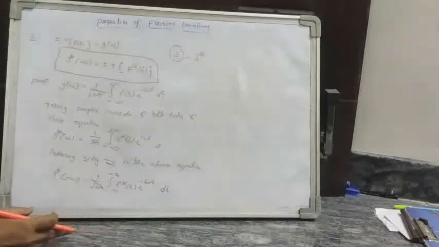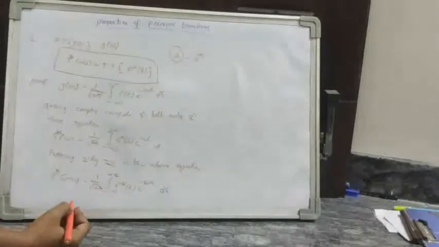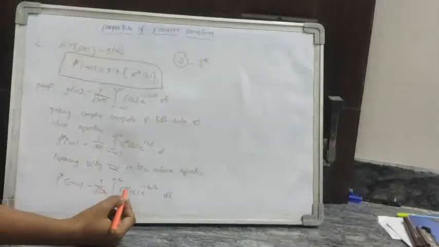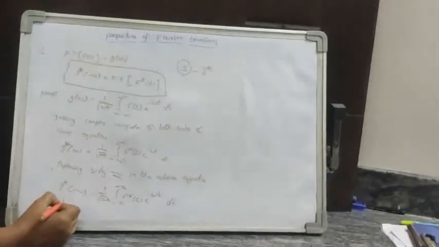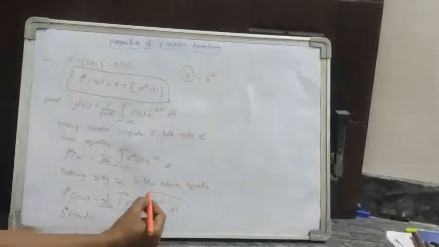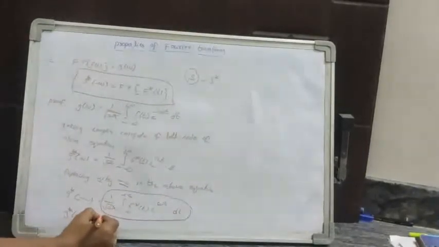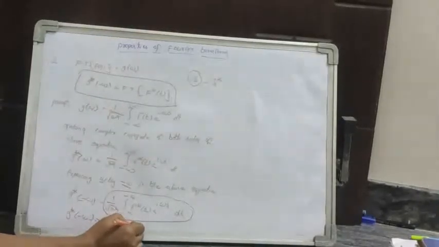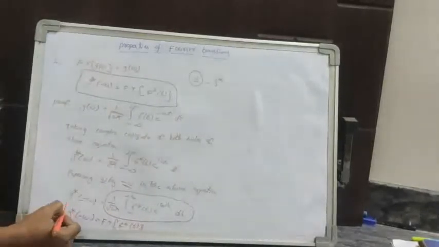Now we got this equation, and you can write this whole term as the Fourier transform of f conjugate of t. So g conjugate of minus omega is equal to the Fourier transform of the conjugate of the function f of t. Hence we have proved the